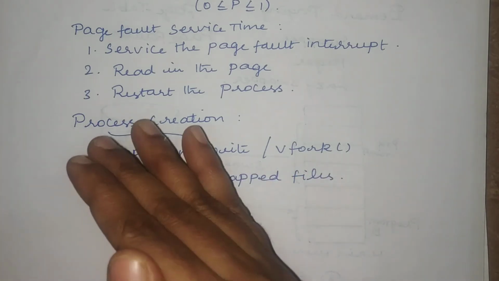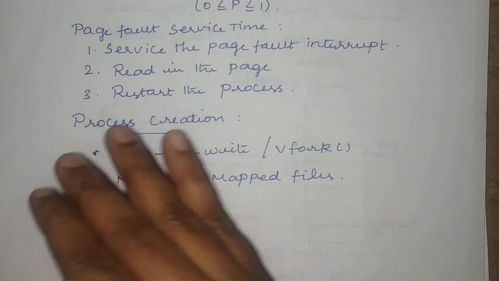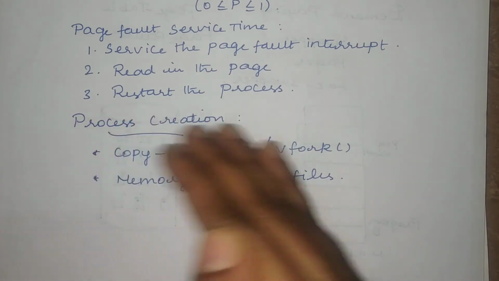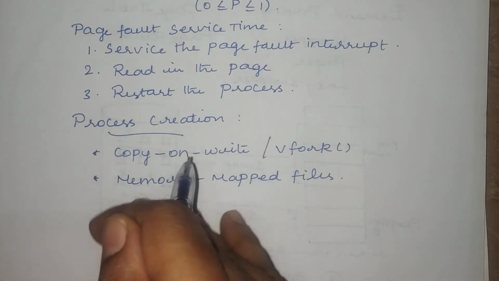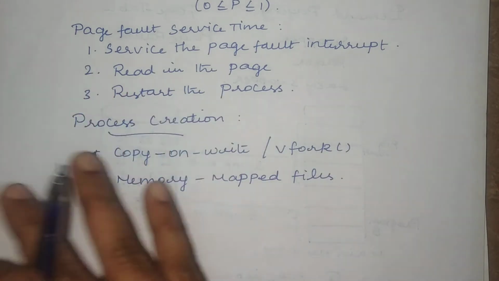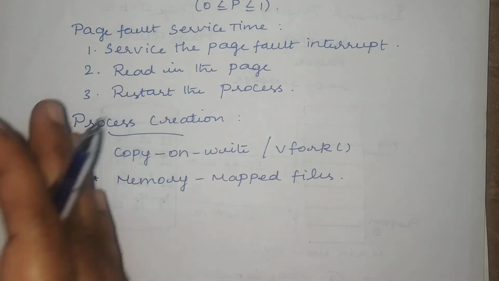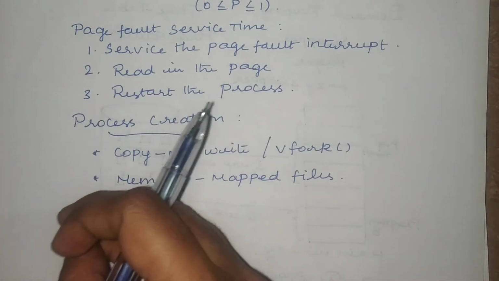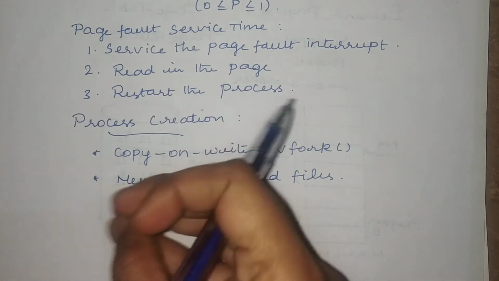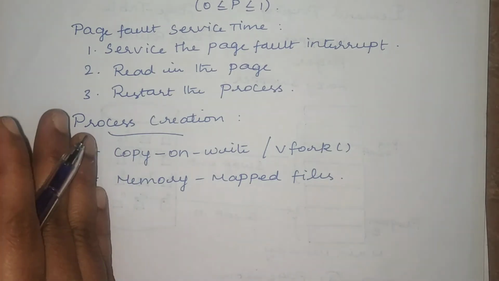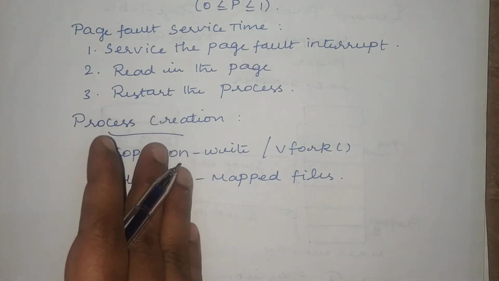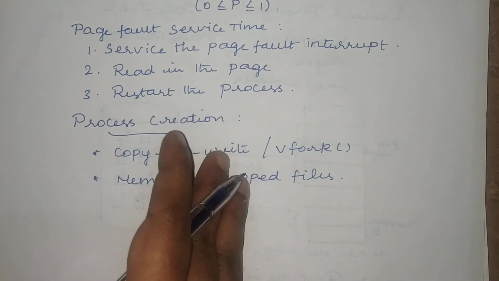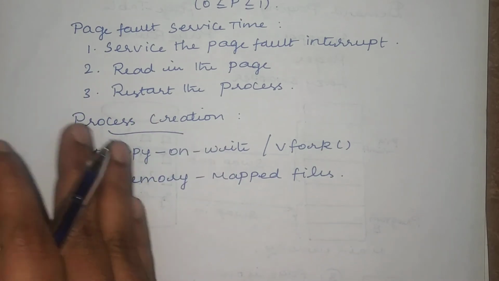So it will share the address space among the two processes. One is the parent and another one is the child process. Though it is sharing the address space, it will suspend one of the processes. So at a time only one process can use the shared memory space. It will suspend the parent process while the child process is executing, or suspend the child process when the parent process is executing.